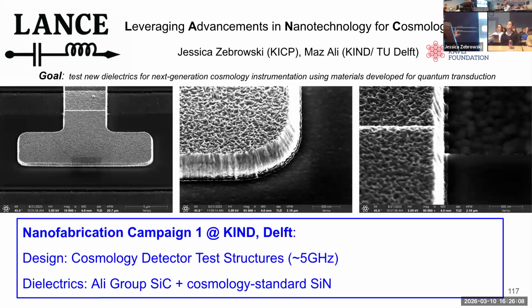They went ahead and fabricated a bunch of different dielectrics. There's silicon carbide that they are world leaders in, and silicon nitride, which is more standard from what we've been doing for SPT-SLIM, using our cosmology detector test structures. And here you can see some close SEM images of these resonances, which have this very nice adhesion at the edges.